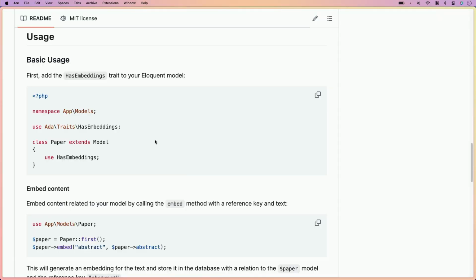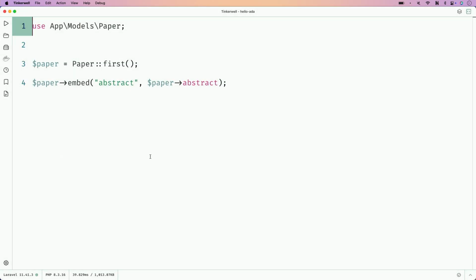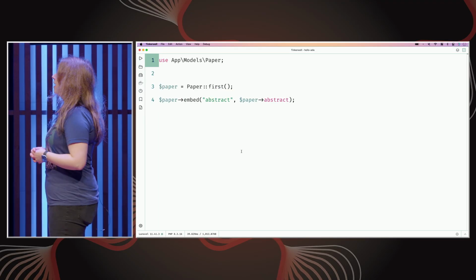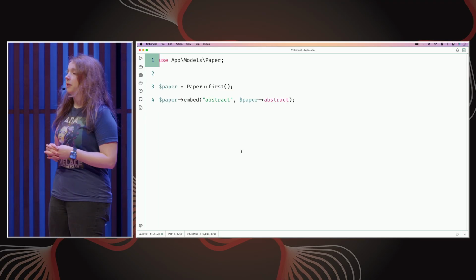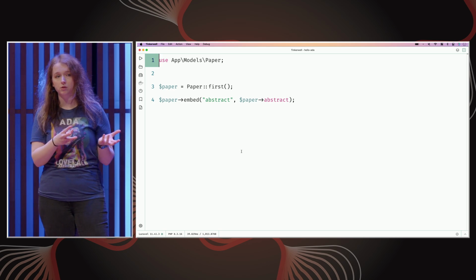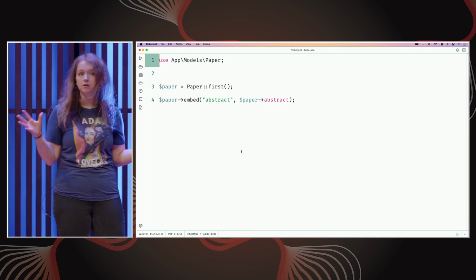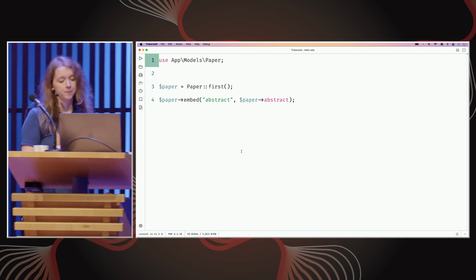With this hasEmbeddings trait comes a method that lets you embed content about your model. I'm having papers here because we are going to look at a demo website in a second. We simply call the embed method on this paper model, give it a key for our reference, so what are we embedding about this model, and then, of course, the content that we want to embed.